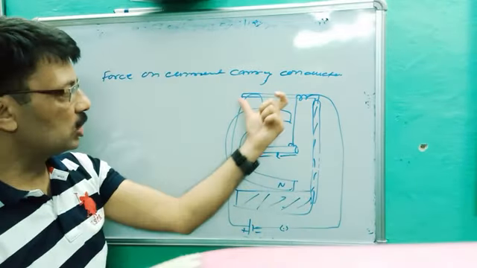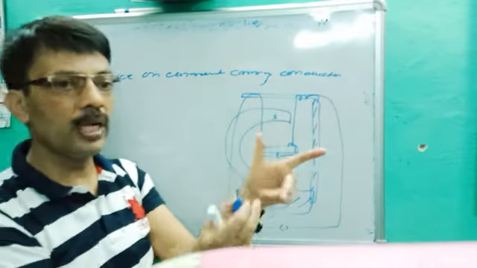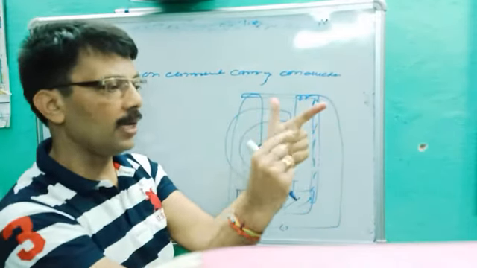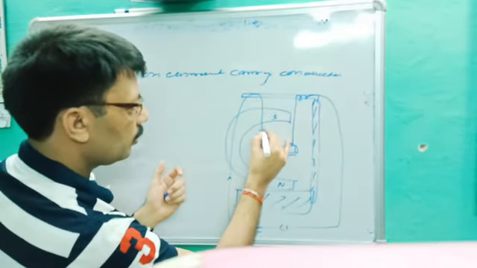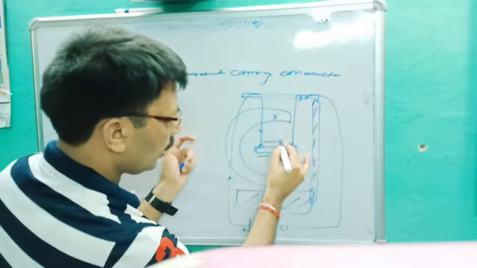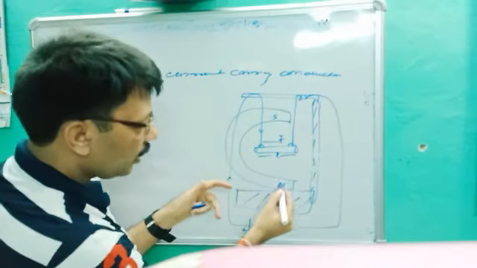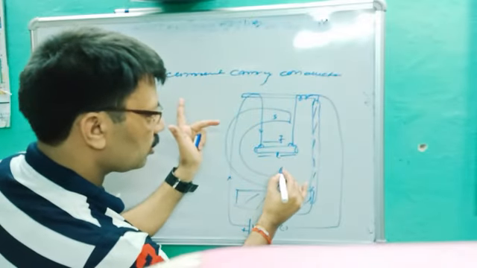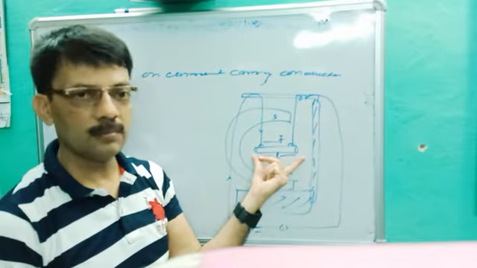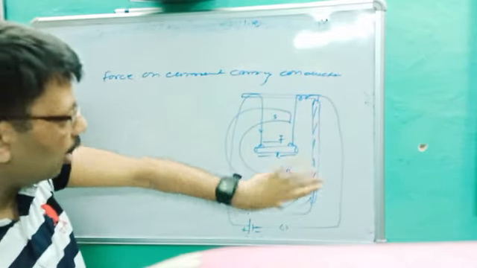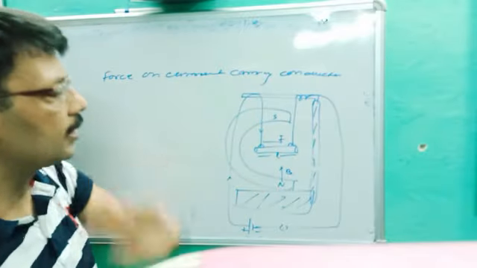L, suspended in the field. To know the force on a current carrying conductor, you need two things: magnetic field as well as current. This is the direction of current, from positive to negative, and the length of the conductor is L. And the magnetic field, from north to south, this is the direction of magnetic field B. Are you getting the point? An L-length conductor is suspended between a horseshoe magnet of magnetic field B, through which current I is flowing, as given.